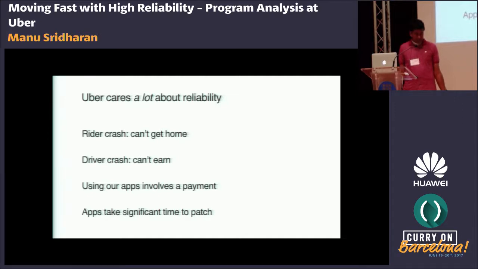If the driver app is crashing, a driver can't earn, which directly affects their income. Another interesting point is that using Uber apps almost always involves a payment, right? So when the customer's actual money is involved, there's potentially a higher expectation that things work correctly, and there's a big customer service burden when things aren't working correctly.